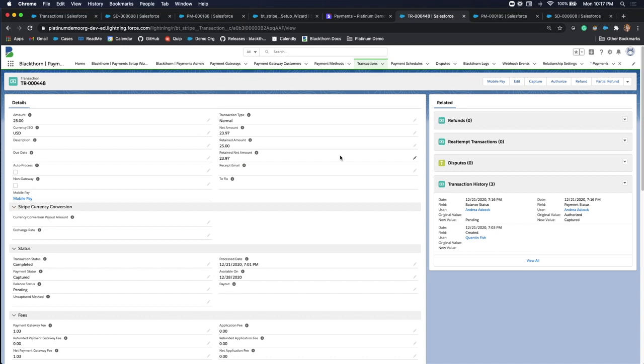There were two particular webhook events where, if one processed before the other, the transaction and payment method would get created, but a payment gateway customer was not tied to them. So we had to make sure that when we processed webhook events we were taking processing order into